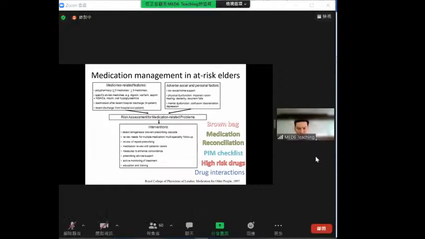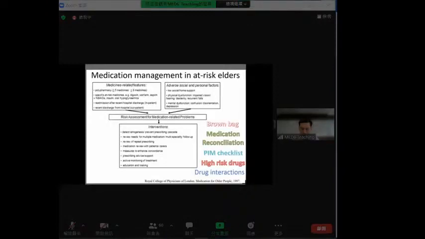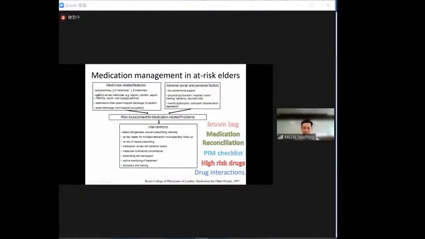So overall, how can we manage the medications with the patients? We identify some high-risk medication, and identify the problem of polypharmacy, inappropriate medications, recent hospitalization leading to change of the medication regimen, etc. Identify any poor social, psychosocial situations that make the patients more likely to have poor adherence and also adverse drug reaction. And then we provide some medication review by, for example, asking the patients to bring back the medication